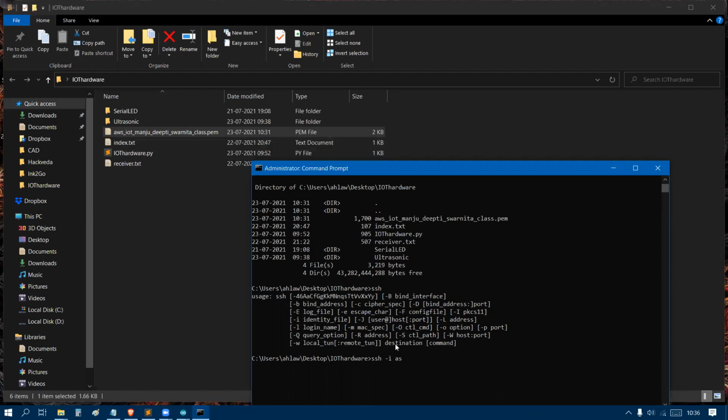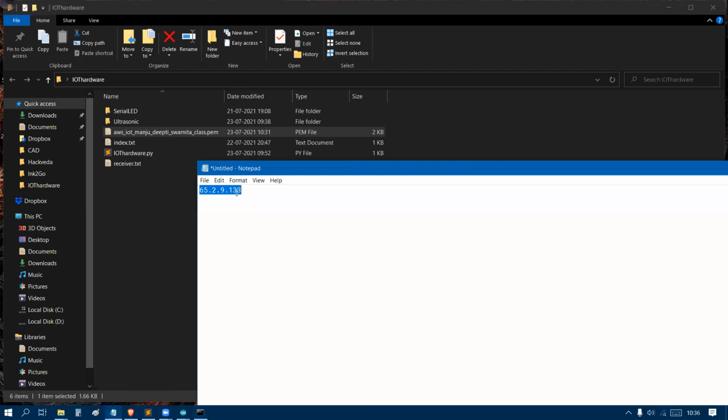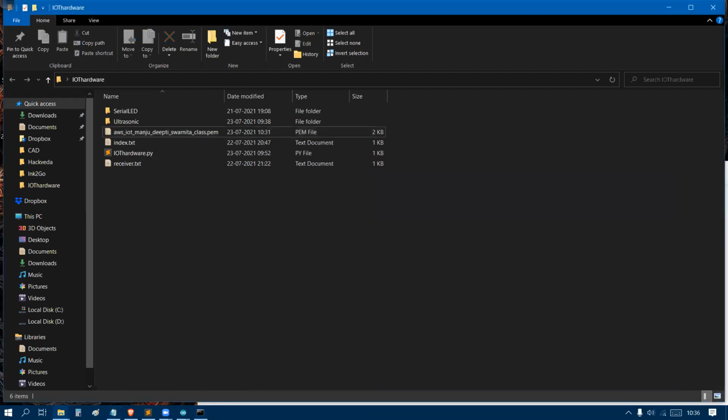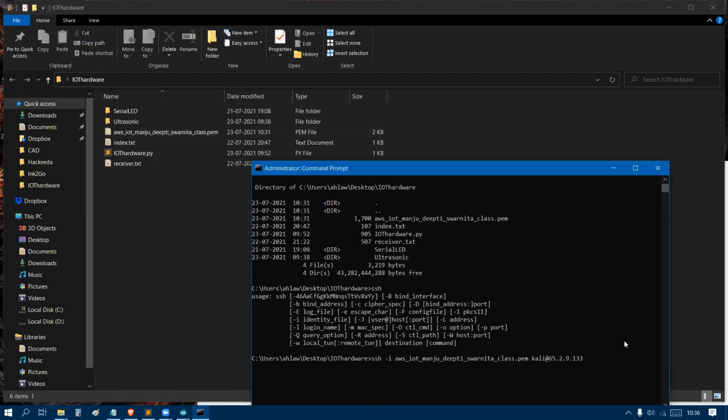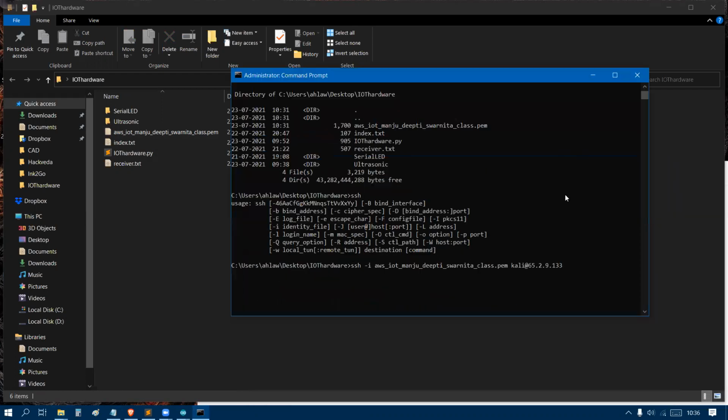I'll just type AWS and tab, and it will automatically pick up the file name if there's a file starting with those letters. Next is Kali, because I am going to connect to the Kali Linux here, and use that IP address. Let's hope it gets connected.